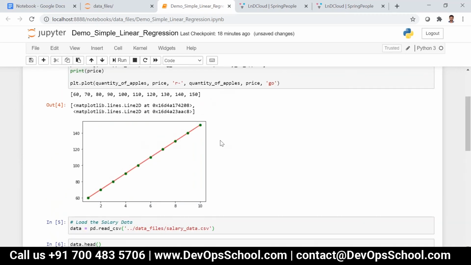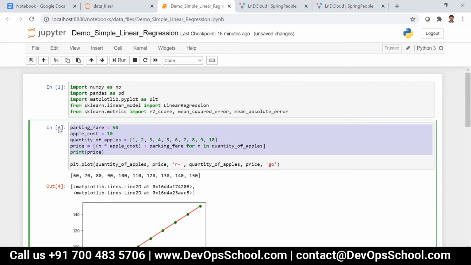For this particular problem, even if you buy 100 apples, we can easily find the price. It is not required to go to the model. That is 100 into 10 plus 50. That's it. 100 into 10 is 1000, and then I'll be spending some 1050 rupees.